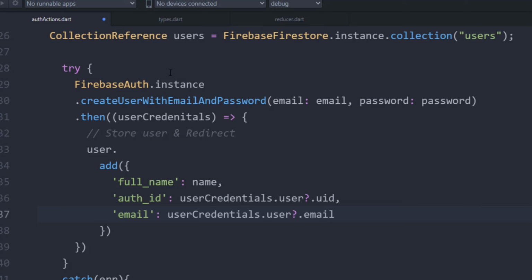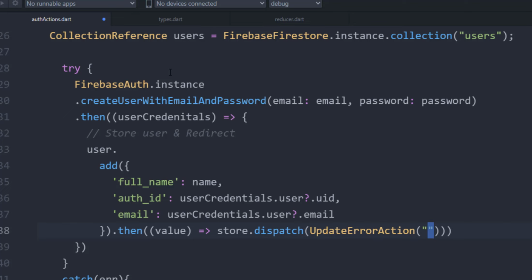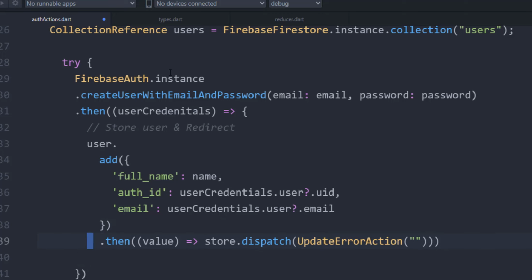So if we store that user perfectly, we just gonna have a callback, and this callback is gonna have a value. We just wanna clear any error in our update error action. So we have to dispatch update error action. One more thing we want to do is to redirect. To do that, we use the